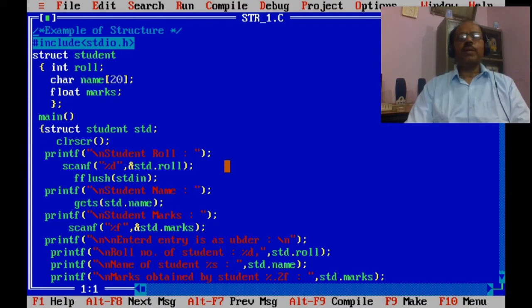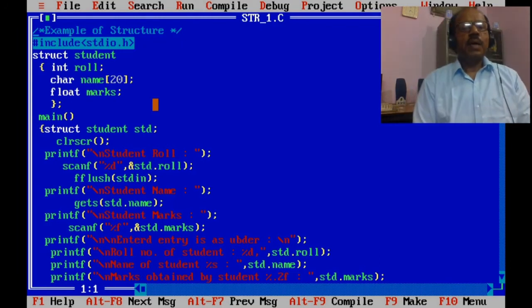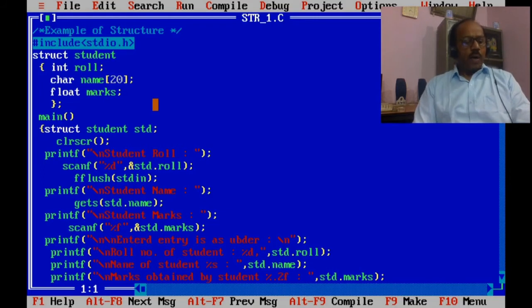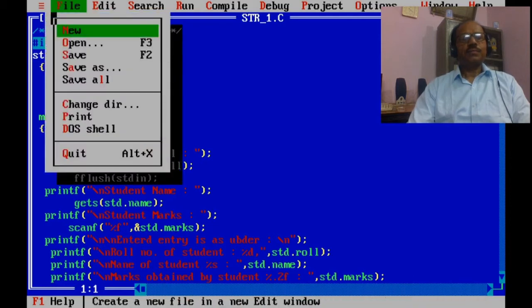If we have so many records, then I am giving an example to show how structures can be elements of an array. The real power of using a structure comes when we use an array. So in the next example I am going to show that more than one record can be entered and saved in a structure.